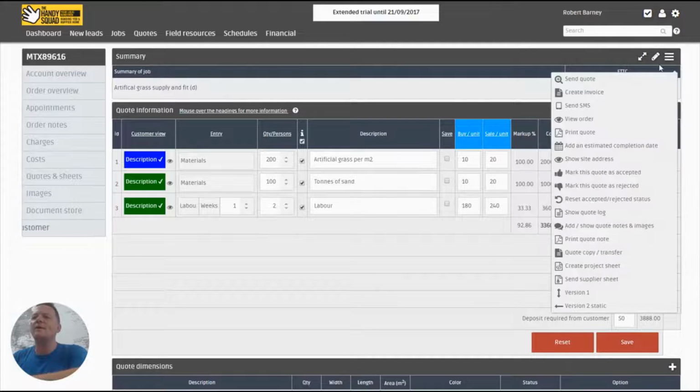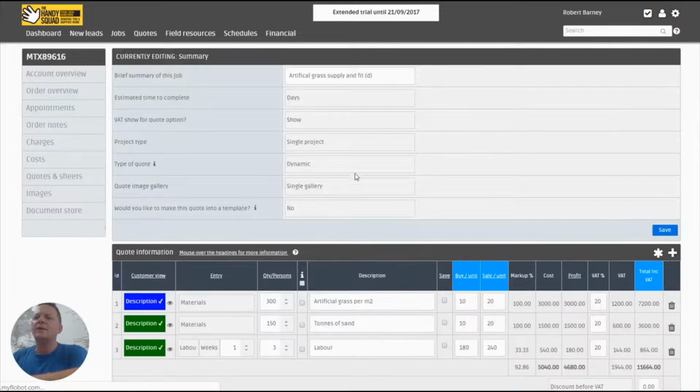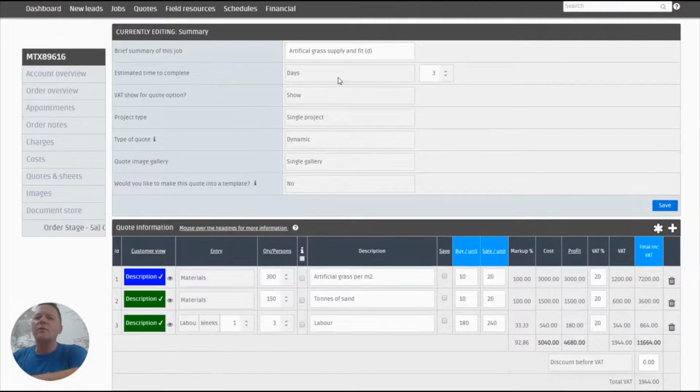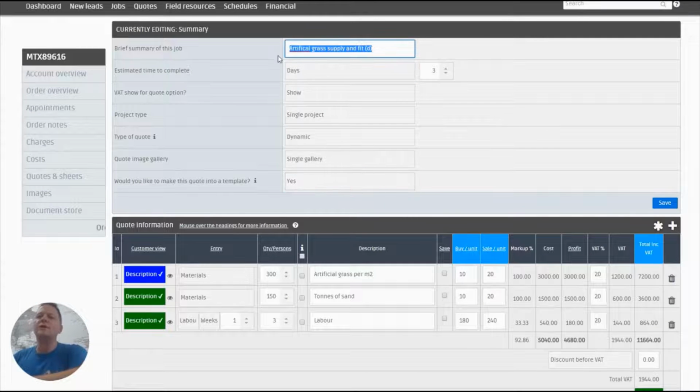I go back up here on the little edit summary. If I click that, I can now change this quote again by clicking yes, or use it in actual fact as the basis for an entirely new quote. So whatever I do, if I want to use this as a basis of another one, and I say, you know, this is going to be luxury grass supply,